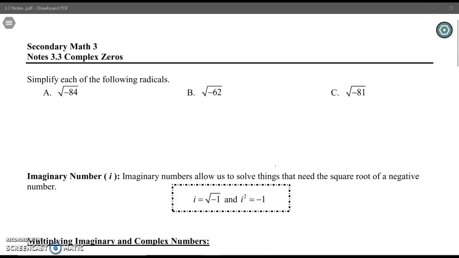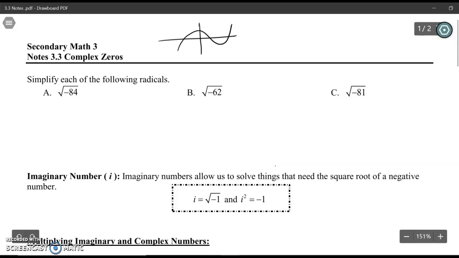Okay, guys, today we're going to talk about something called complex zeros. Before, we've been talking about zeros as the points where your graph hits the x-axis, right? So these points right here that are x-intercepts, and these are called zeros, right? Today we're going to talk about complex zeros, which means they're zeros, but they don't actually touch the